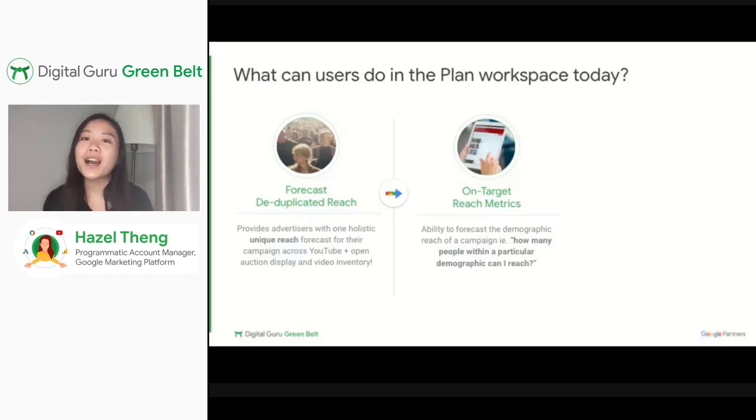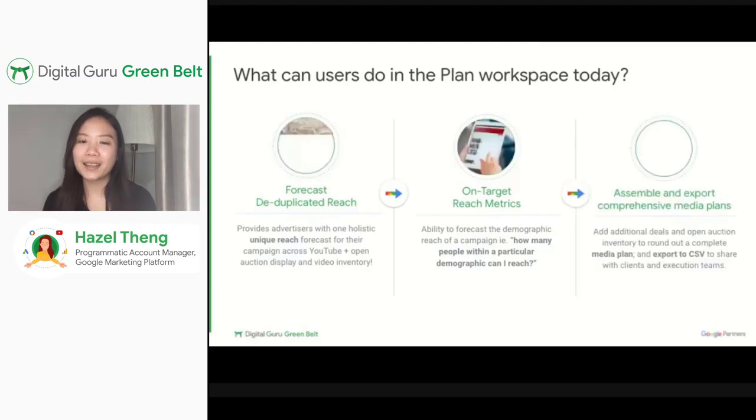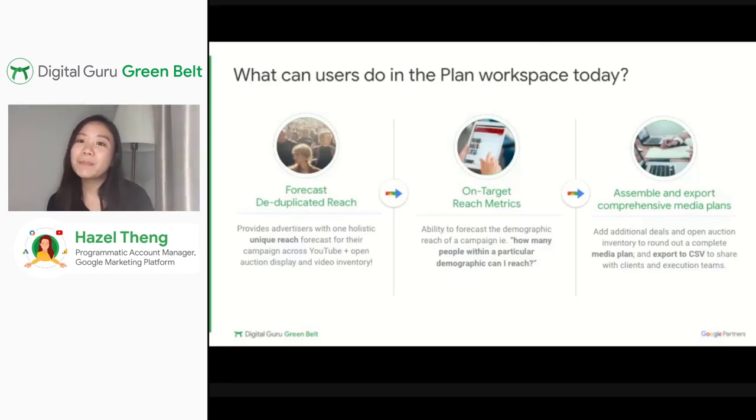That is, it will help you understand how many people within the target demographic you can expect to reach for a given campaign budget, targeting, and flight. And when all of that is said and done, you can then export the media plan as a CSV file directly with your forecasted numbers and campaign settings to share it directly with your clients or your execution teams.